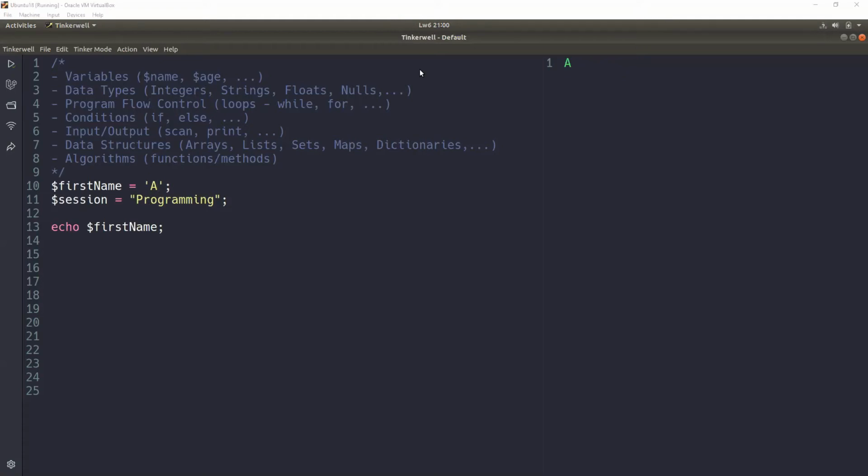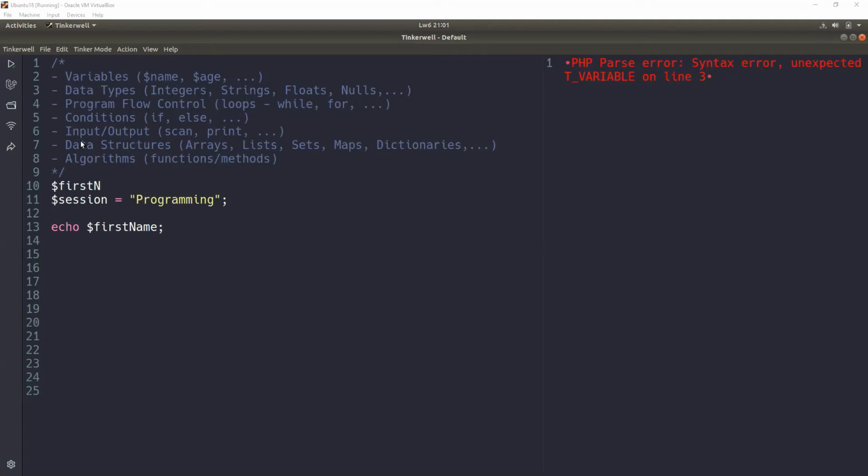Is that Tinkerwell version for Ubuntu only or does Windows have it also? Tinkerwell is available for, I think, every operating system. There is one for Mac, Linux, and Windows. It's a very good tool that will teach you a lot of PHP. You can make any mistake here, and the debugging is in real time. For example, if you check on the right, it shows you PHP parser error, syntax error, unexpected variable on line 3.